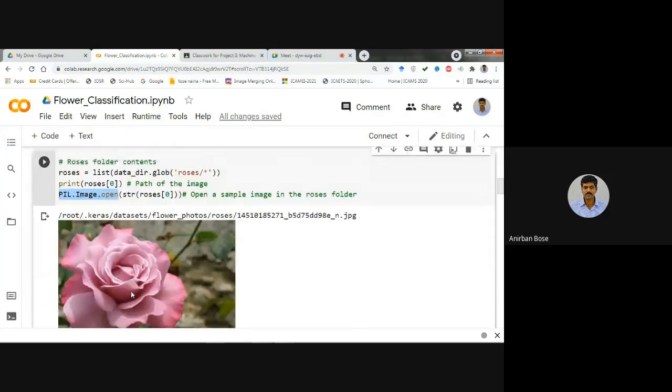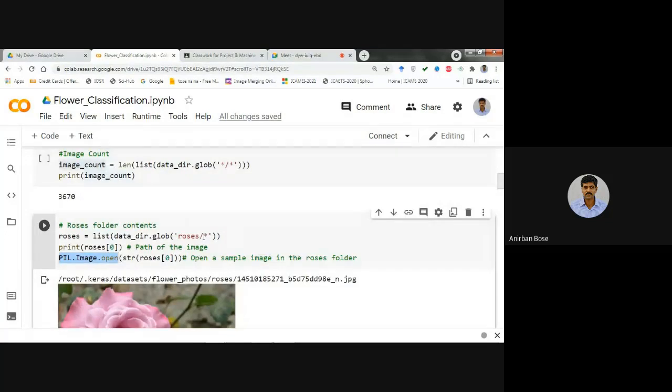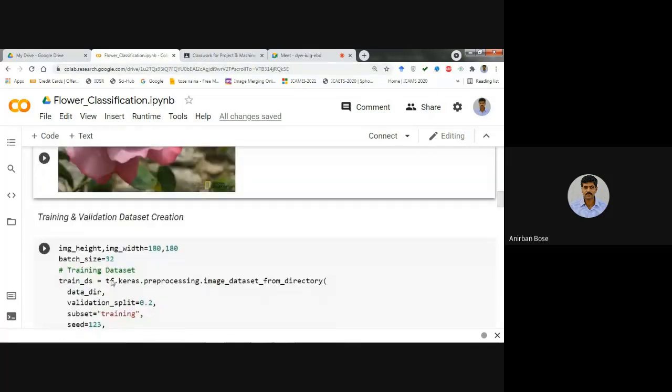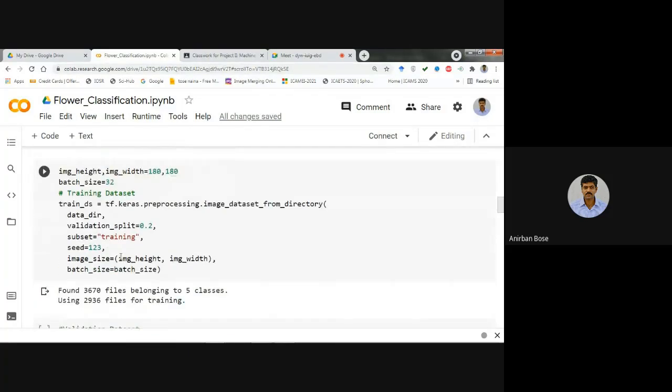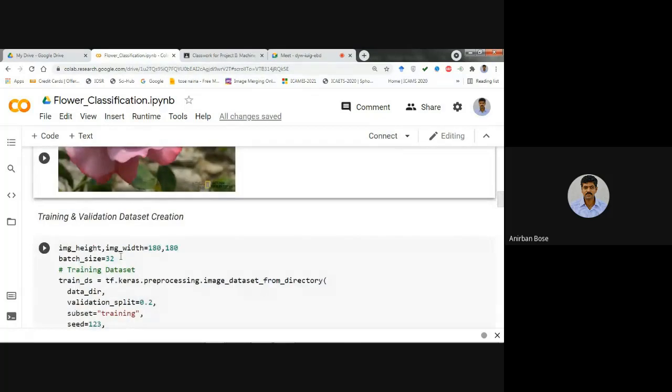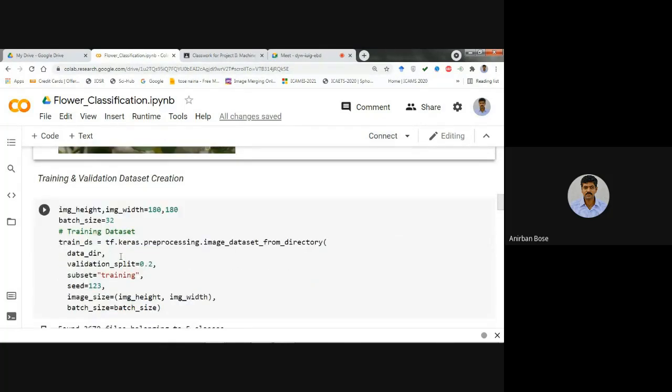So after observing this, we have understood how we can extract something, how they are saved, and how to access them. Then we want to create the train and validation datasets. Okay, so what is the command for that?